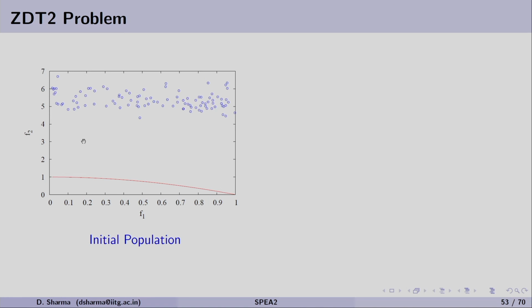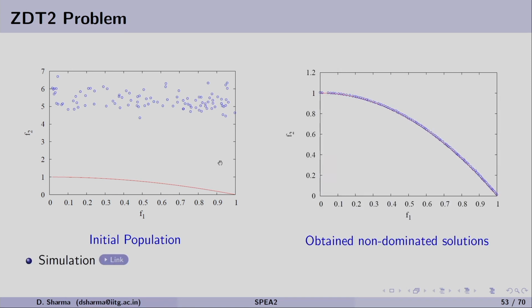As we can see, the initial population starts a little far from the Pareto front, and after running the algorithm for 200 generations, the solutions are converged. So, we can see that SPEA2 can very well solve a problem which has a non-convex Pareto optimal front. Let us see the simulation for the same problem.